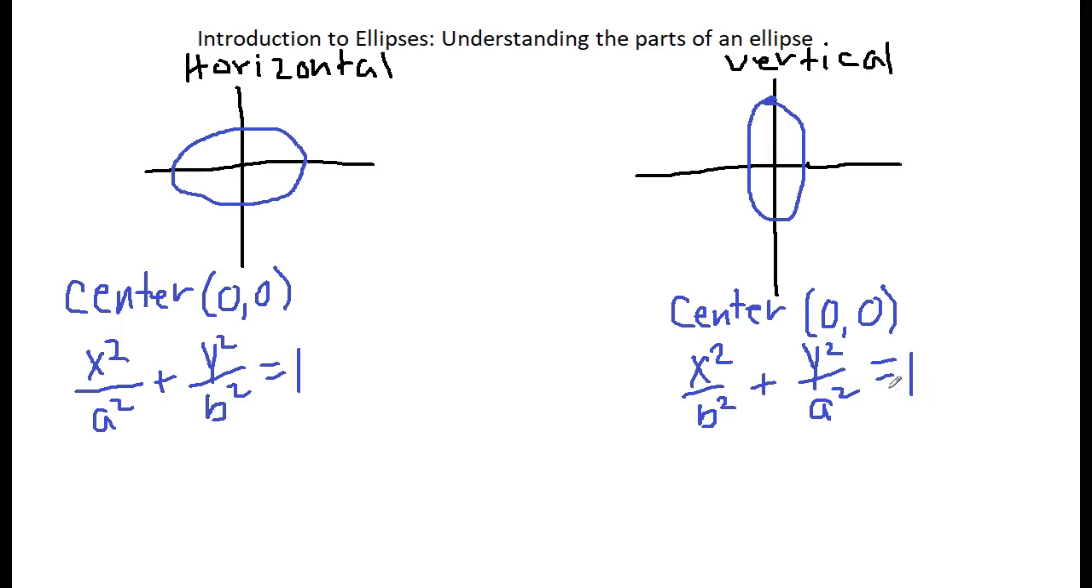Now, what's the difference in the two equations? Yeah, the positions of the a squared and the b squared. You notice with the horizontal, a squared is under the x squared. But with the vertical, a squared is under the y squared. And that's because a is related to your major axis. In fact, the length of the major axis